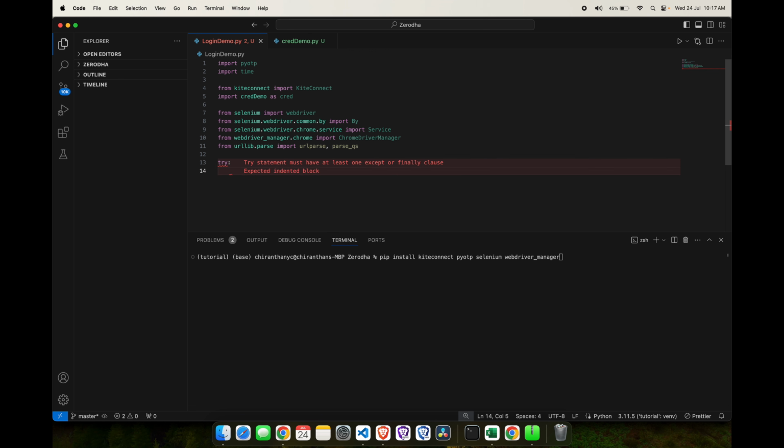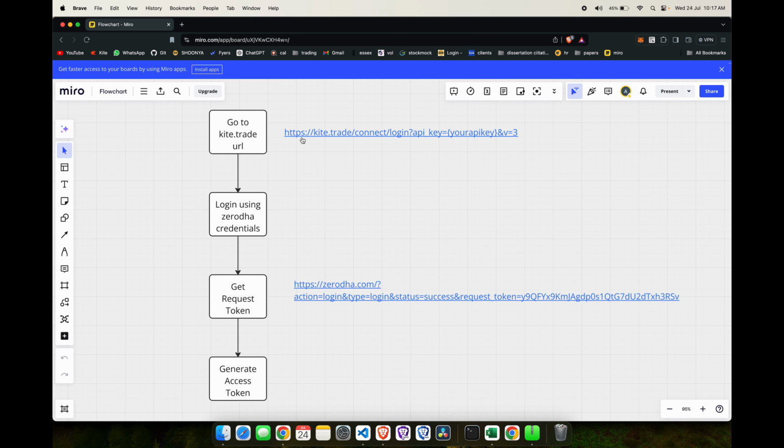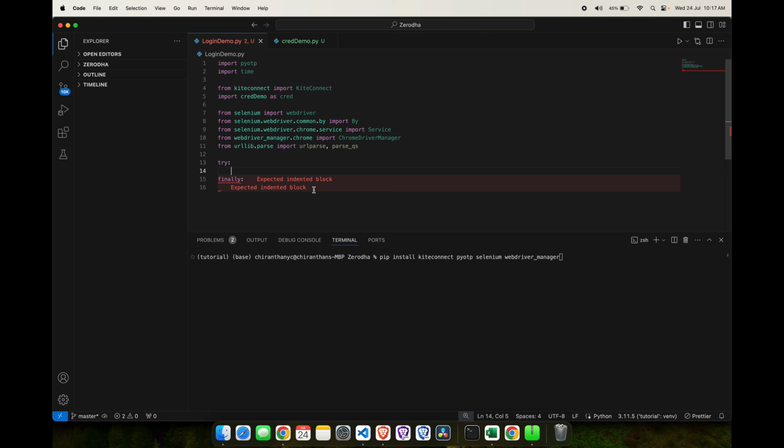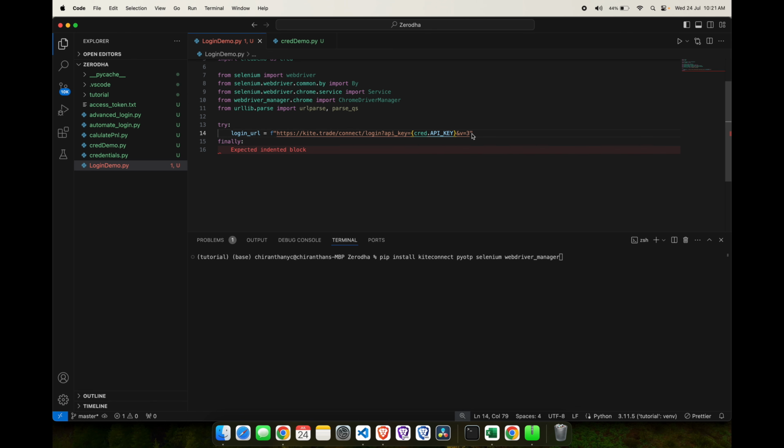We'll have a try finally block. And in this try block, the first thing we need is to open this URL, which will actually go to our account where we have to log in and get the URL which has request token. We'll construct our URL like this. As you can see, I replaced the API key with my API key, and the next step is we'll read